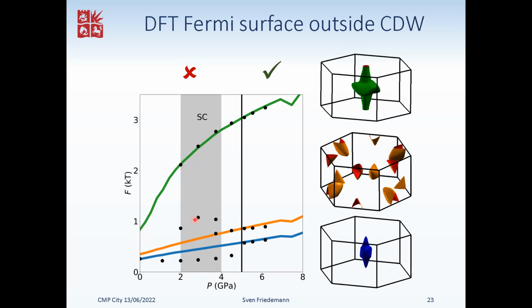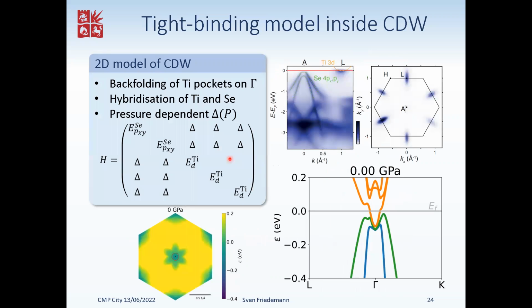And we've now set out to model this in more detail, including the charge density wave, because this DFT model does not include the charge density wave. So we've developed a tight binding model, which takes 2 selenium bands here, as well as the threefold degenerate L band. And we consider the hybridization of this L band, of this titanium band, with the selenium bands. So essentially it corresponds to mapping all these titanium bands onto the gamma point, onto the zone center,